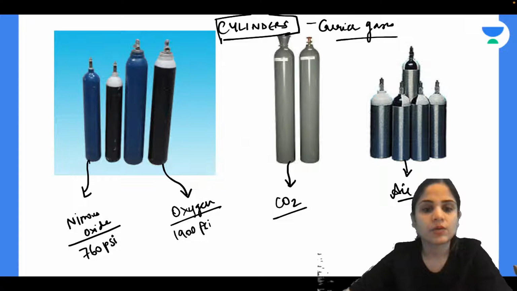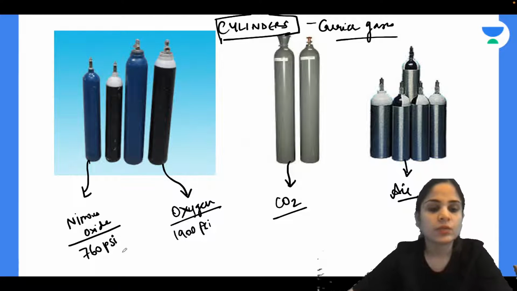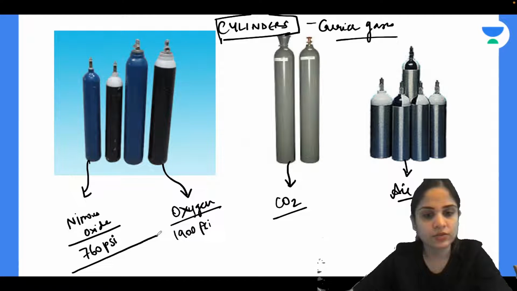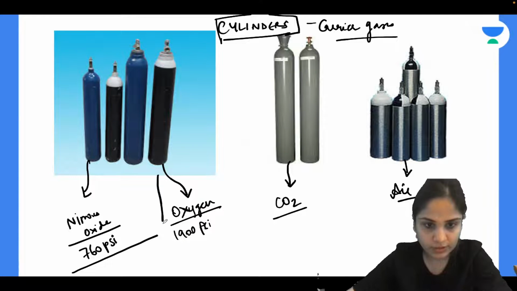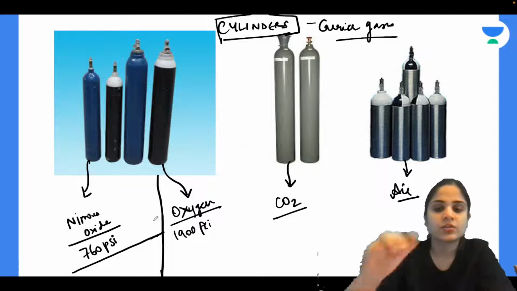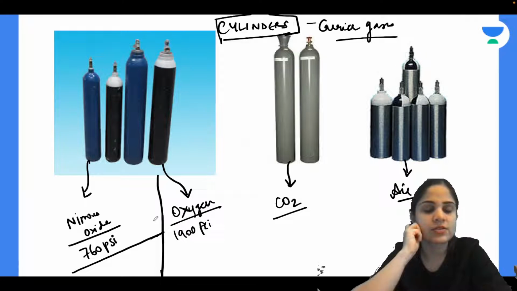Okay, now a few things that I want to ask you guys about nitrous oxide. So with nitrous oxide you get two important features. Can you tell me what are those two important features that we get? Just two very peculiar things that we get with nitrous oxide. So towards the end of surgery, when I switch off my nitrous oxide flow, what is the peculiar thing that I get?